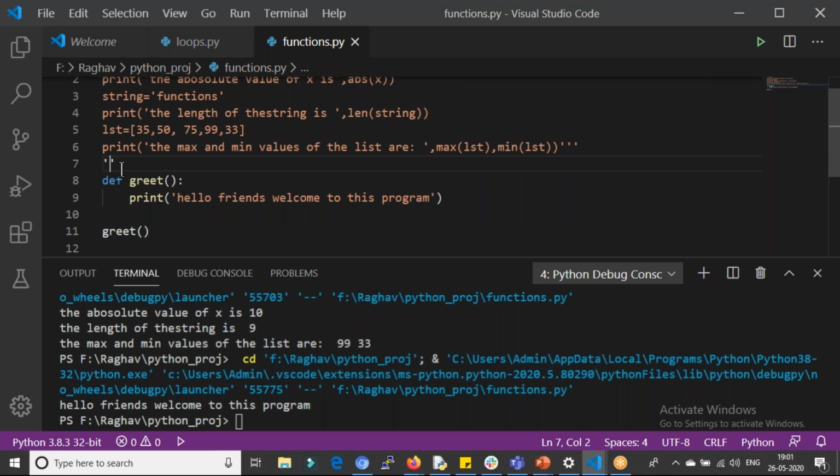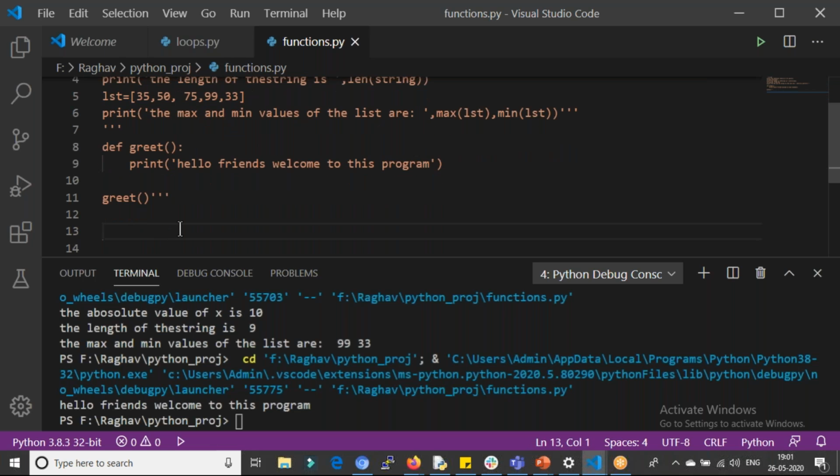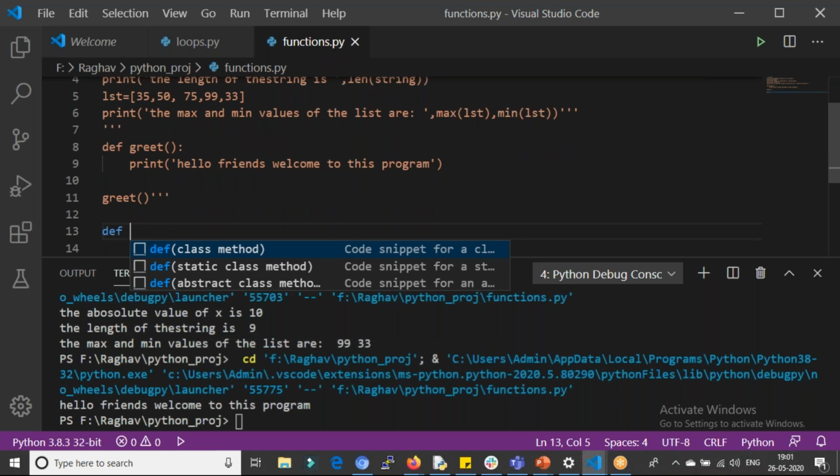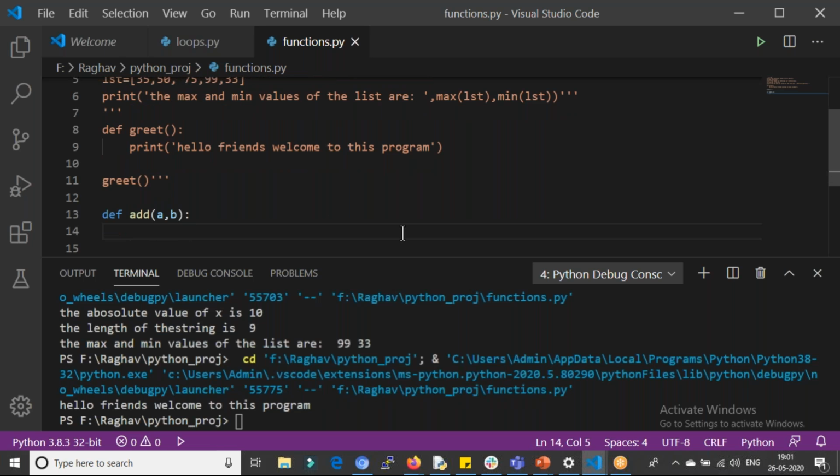So now let's try to create a function for adding. I'll define a function saying add. Now I have to give two arguments because I want to add two numbers. So I'll give a and b, parameters or arguments. Now I can use these parameters inside the function.